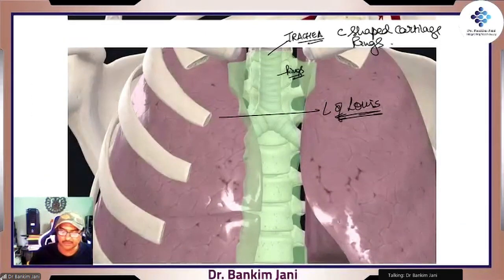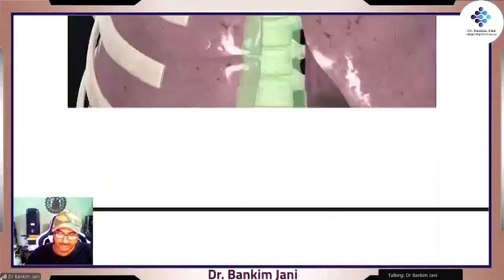Here it is, the trachea, which divides into the right and left principal bronchus. Identification of the trachea is by C-shaped cartilaginous rings, especially when we learn it in histology. We'll see that the cross-section leads to this C-shaped cartilage, because we don't want this particular tube to ever collapse. It should never collapse because it is the main supply of the air.